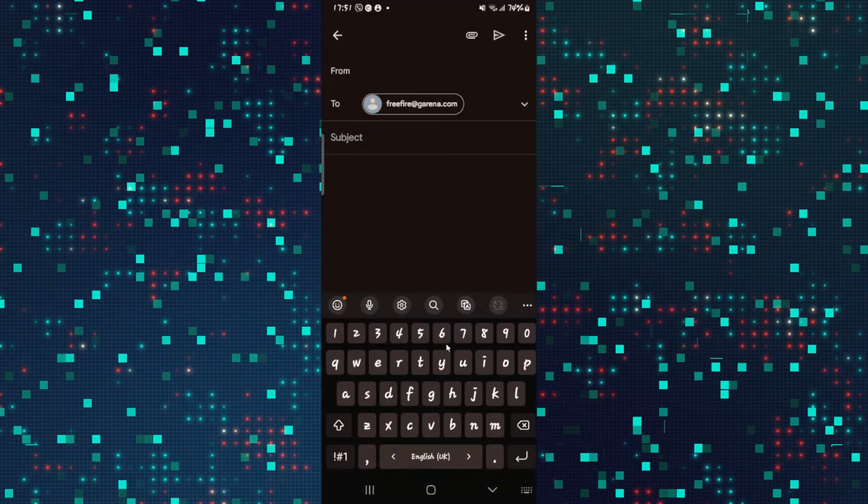the Free Fire team. Now, within the subject section, you can simply type in delete my account, and then within the main body, you can simply type in that you want your account to be deleted that is associated with the Free Fire account. Make sure to also provide your game ID number and then go ahead and tap on